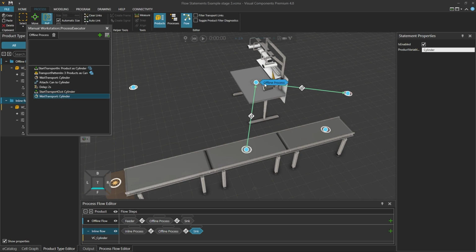It's that when the product leaves, then we could perform some processes. So we will drag the start transport out statement above the delay statement so the delay occurs after that. So the product leaves for 2 seconds, then we check if the product has actually left. So practically, if there is no need, it could be that the product is still here. So in that case, we wait at the wait transport cylinder statement, and after 2 seconds, we start to bring in the new cylinders. So running the simulation,